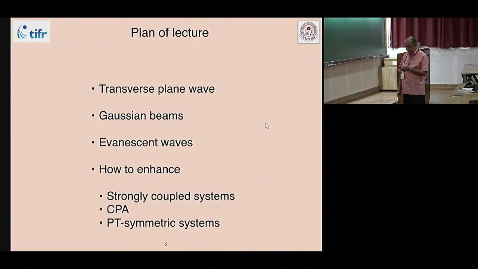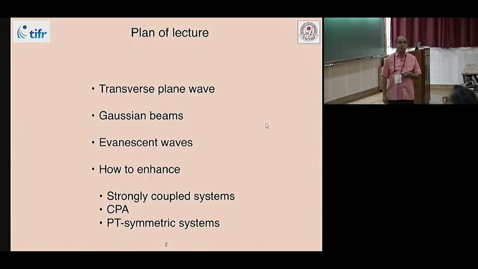So I'll start with this transverse plane wave first. Then I'll show you that this transverse plane wave can be of two different characters. One is the homogeneous wave, which is a standard propagating plane wave in free space, or in presence of boundaries,